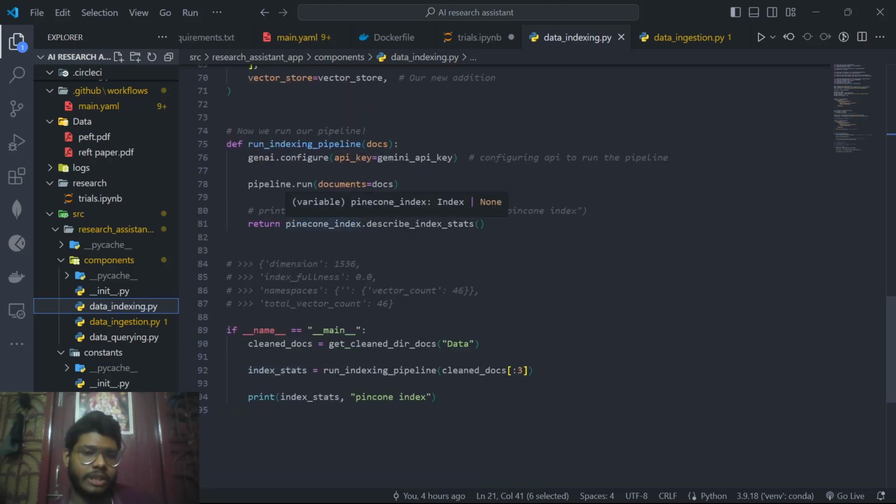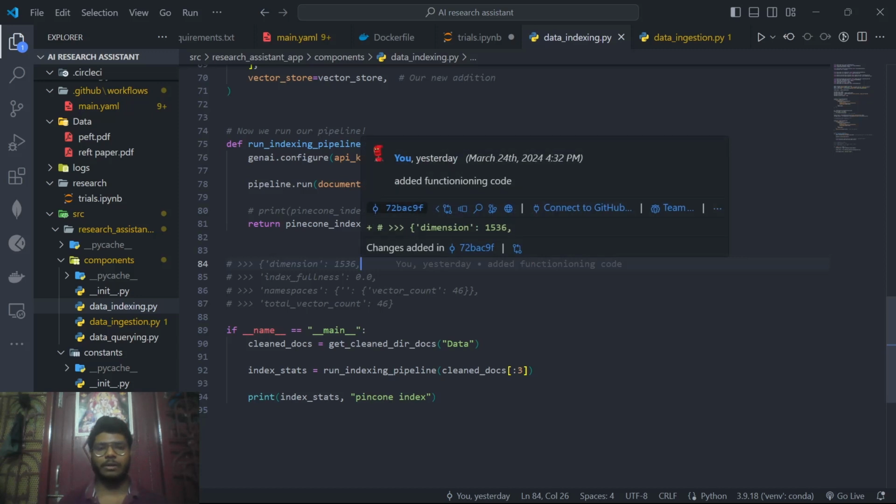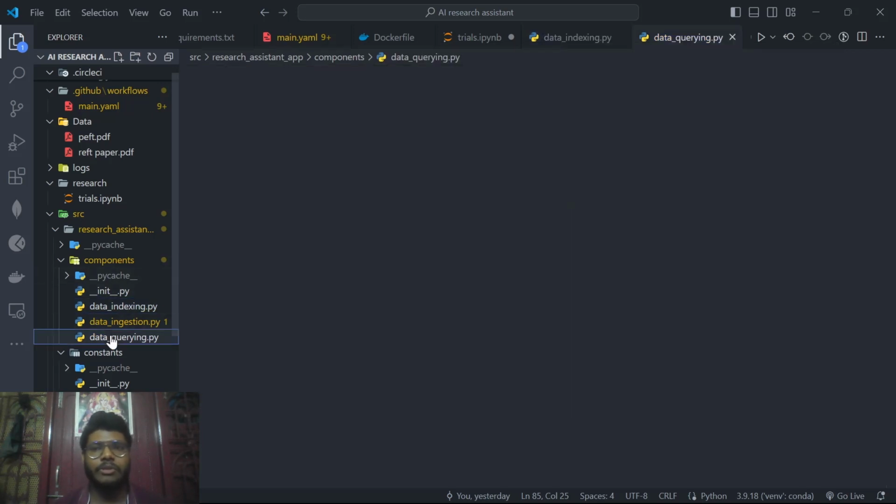We don't actually need this return. We don't have any use of this return statement, pinecone index dot describe index stats. I am just using this to show that it is actually running and we are getting some result, because our main indices would get upserted to the pinecone database. We don't have to do anything with it. Then coming to data querying,